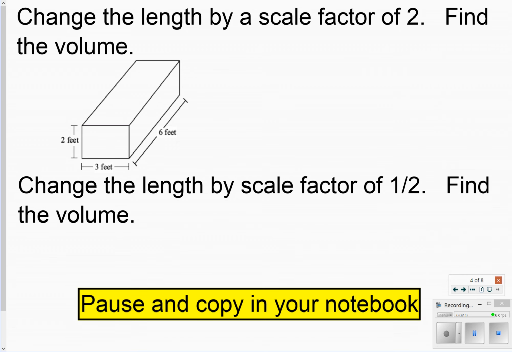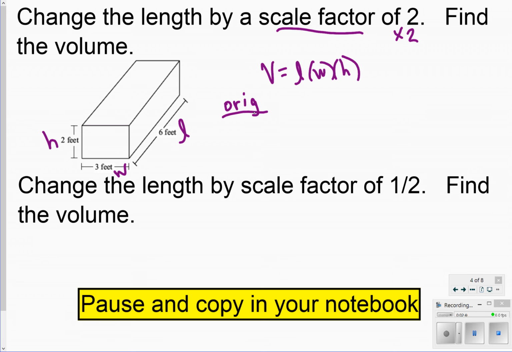All right, when we multiply, we're going to multiply this time by 2 because of the scale factor. And so let's see, we have our height over here, our width down here, and our length over here. And we remember that the volume is equal to length times width times height, correct? Well, let's look at the original volume. If we looked at length times width times height, we were going to multiply 6 times 3 times 2, and we would get,